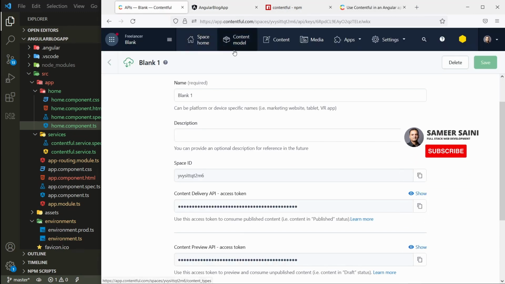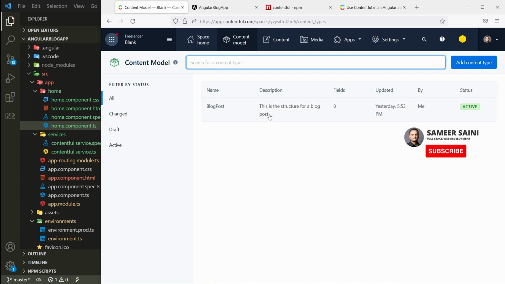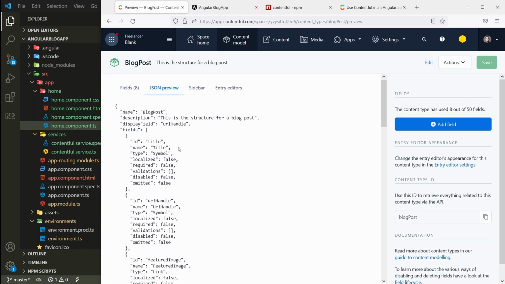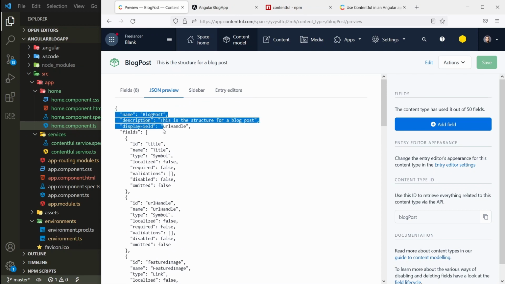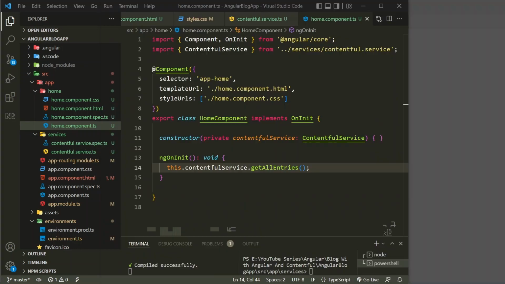And you can look at the structure of how the data is coming by going to your content model and the content type. And you can use the JSON preview to see what kind of data is returned back. See, these are all the items coming back. So we will use that. We will first display all this data in our HTML. So I will come back to the application,